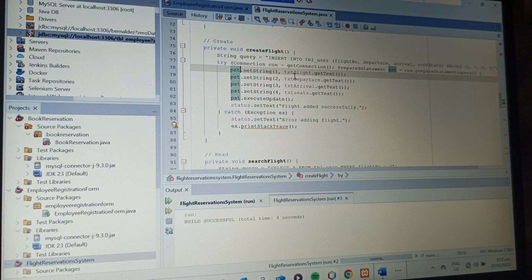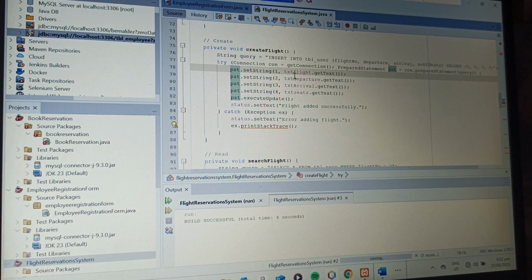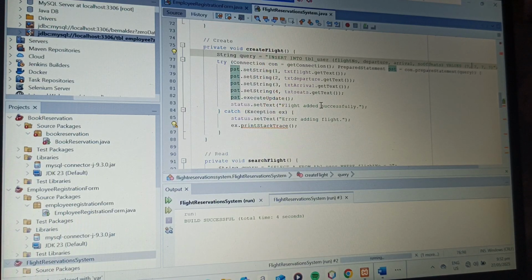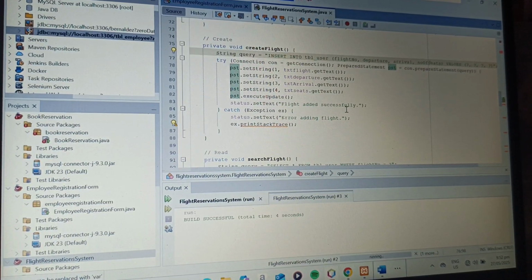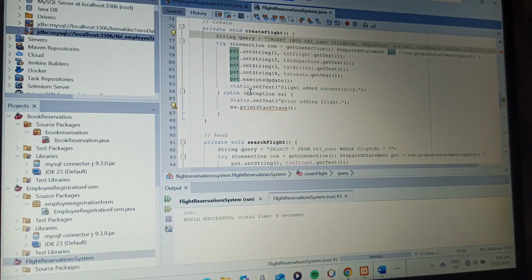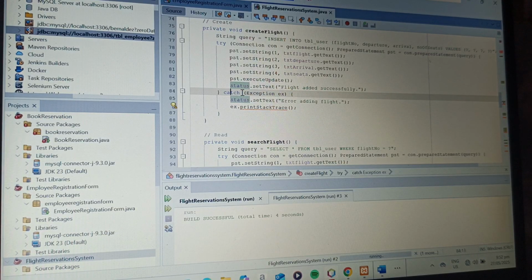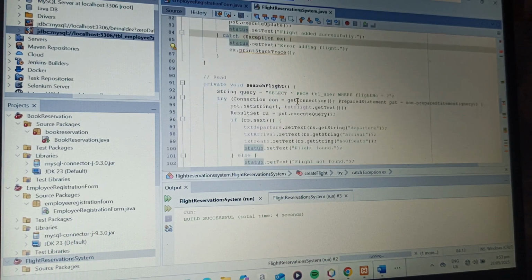This fills in the placeholders, the question marks in the SQL, with user input from the form. And in this catch, it catches and prints any error that occurs during this process.